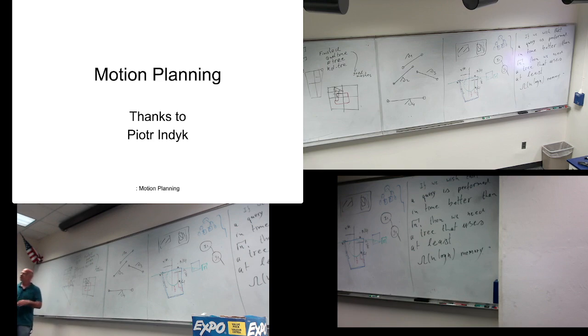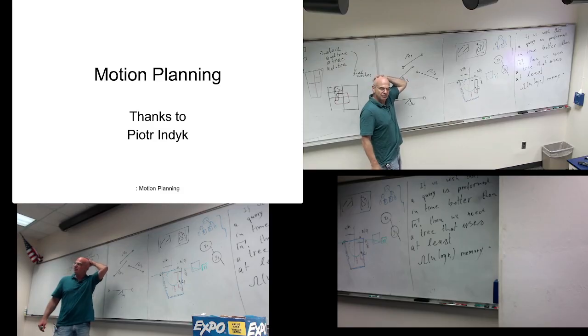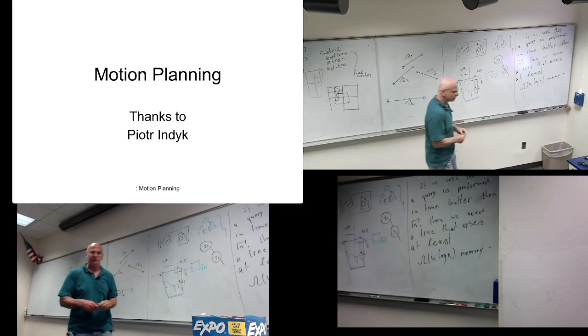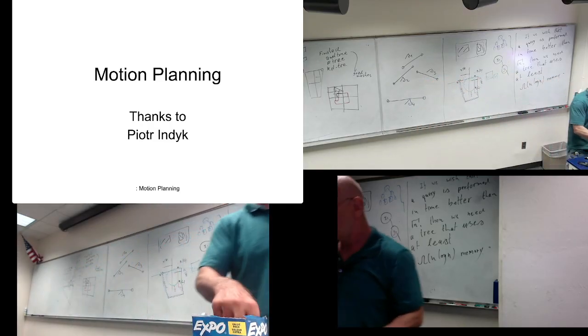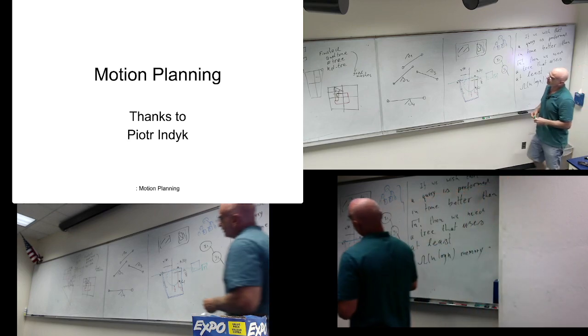I want to move to a different topic, which is motion planning. How do I find, for a robot, a path from one point to another? We'll start from a point robot and go further into more complicated robots, and we'll also discuss robots with many degrees of freedom, how at least we start to address it, using some of the tools. But before that, I need a little tool